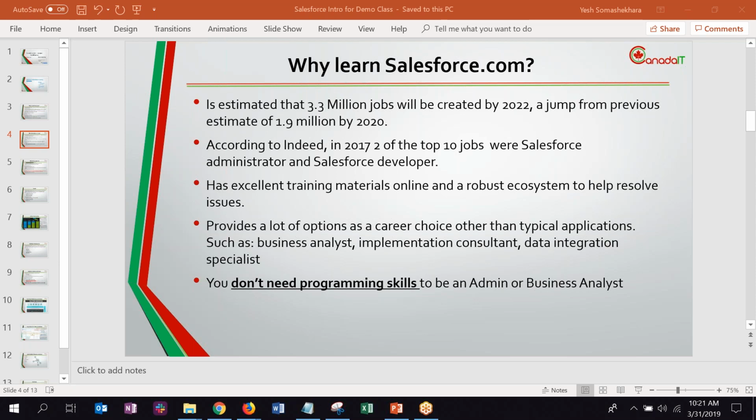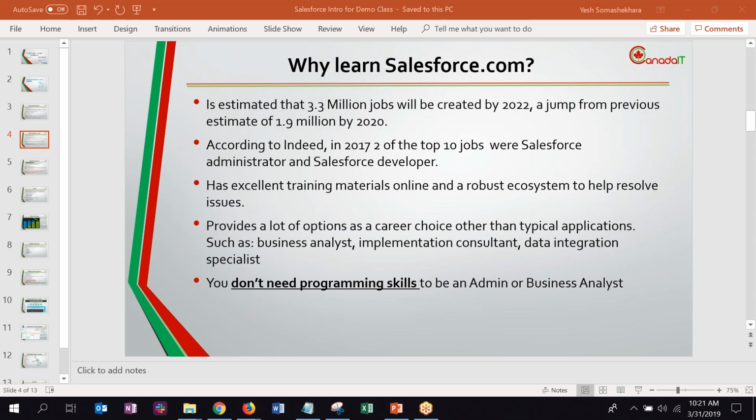So if you're stuck somewhere, there are so many forums and communities out there that will always help you out. And trust me, I've been working in Salesforce for so long. If I think of a question, 99% of the time there's an answer out there. Somebody would have asked before me. That's the biggest advantage of Salesforce. Because once you go in there, you're new, you always have that fear of whether you're doing it right or wrong. You can always look back and Google and you'll always get the answers.